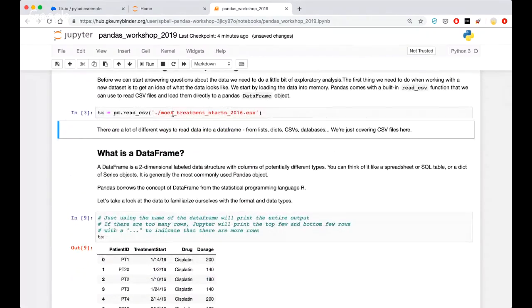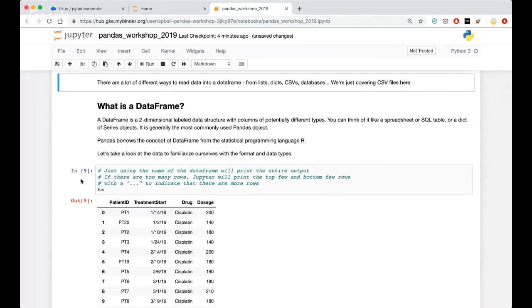We're just reading from a CSV file that I called mock treatment starts in 2016. So it's a list of treatment starts, and obviously it's fake data because we're not using real patient data here. All right, so like I said, I've loaded it into a data frame, and now the question is, what is a